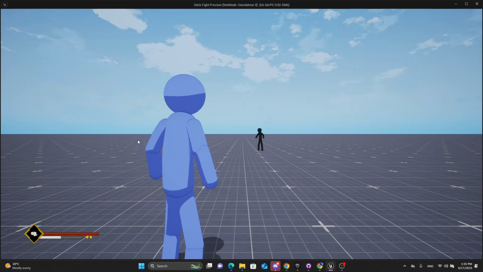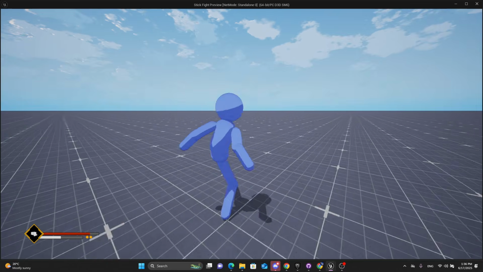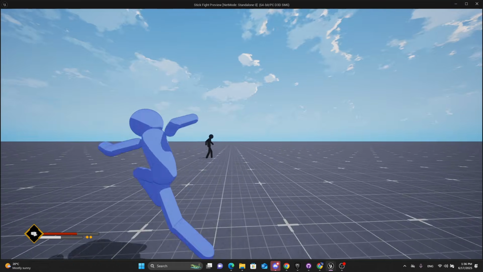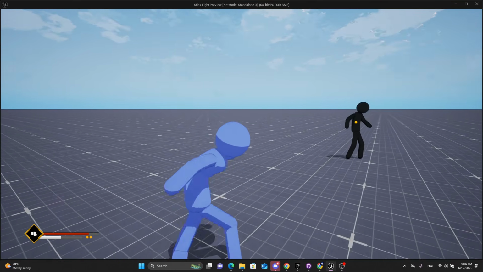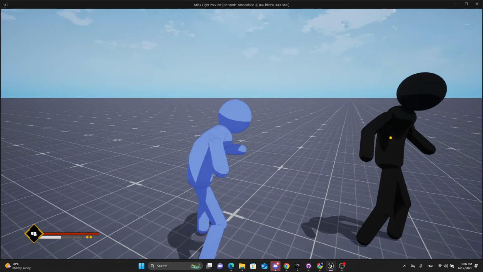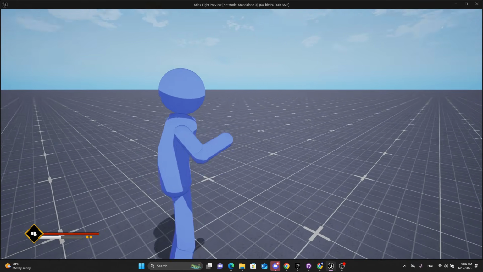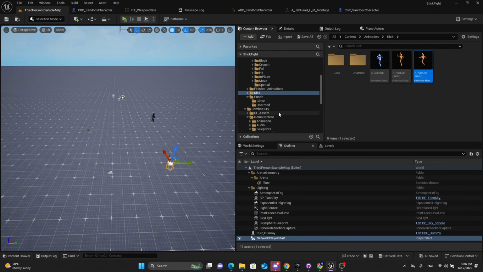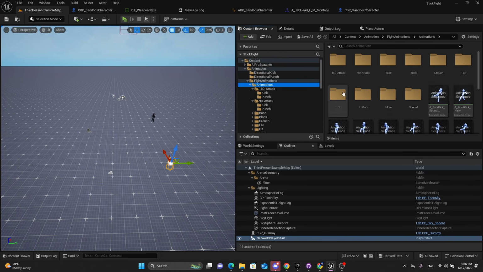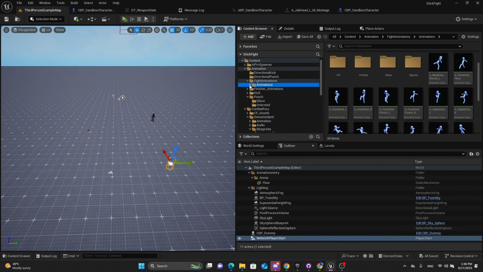So let's test our kick, sprint kick, as you can see, and then we can punch, we can mix our kicks with everything. Perfect. Let's add our directional attacks, this is the fun part. So what we need to do is we can add it into our animation. Let's go